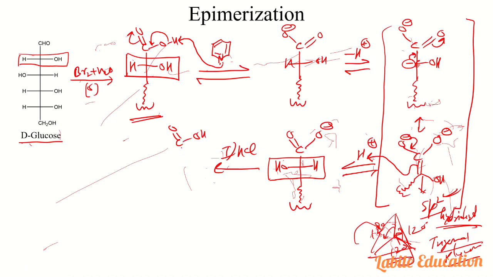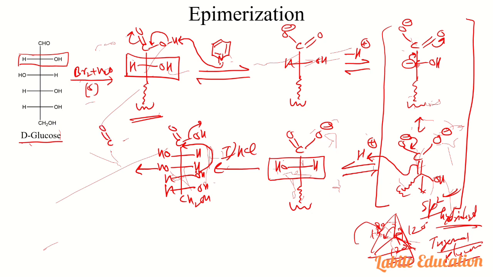OH, and here we can draw 1 2 3 4, the complete structure here. Now HOH for D, and this is HOH, and here HOH, this is HOH. Now there is the oxide formation, and this is the gamma lactone. So for the gamma lactone, this will attack here, and there will be addition and elimination, and there will be lactone formation, right? So lactone formation will be like this: